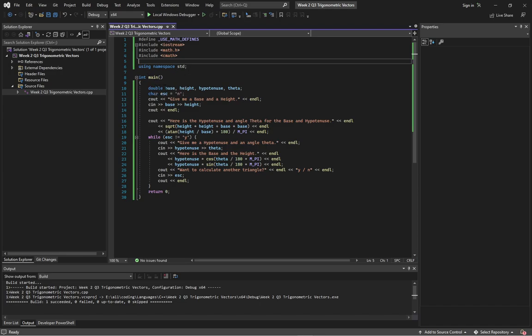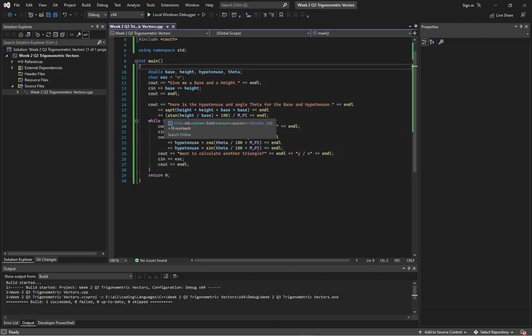We have the double for base, height, hypotenuse, and theta, and a character escape, which will give the initial value n, and you'll see why we have that later. Cout, we ask for a base and a height. So input base and height, next line, and then computer over here calculates the hypotenuse and theta between the base